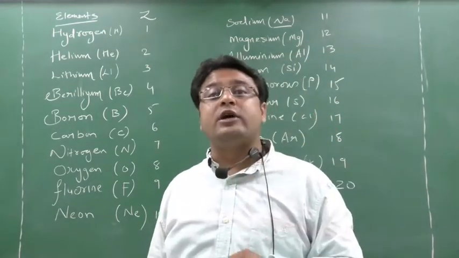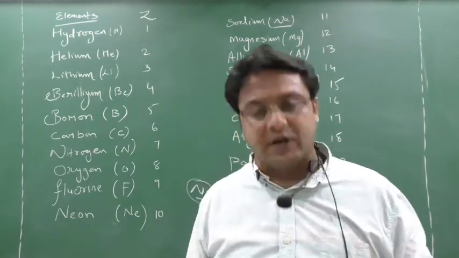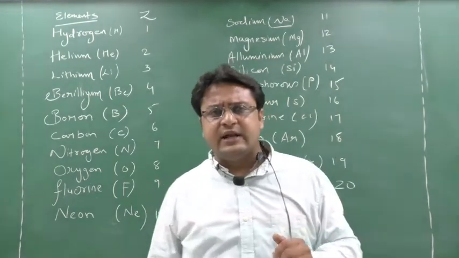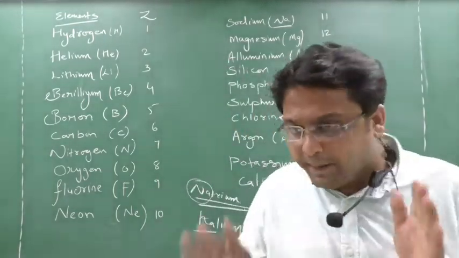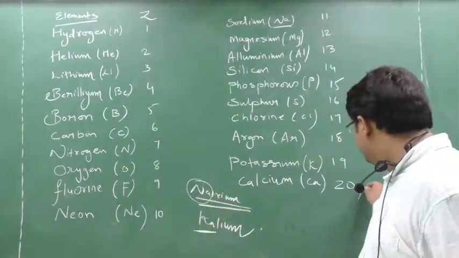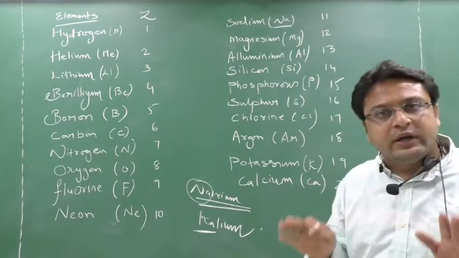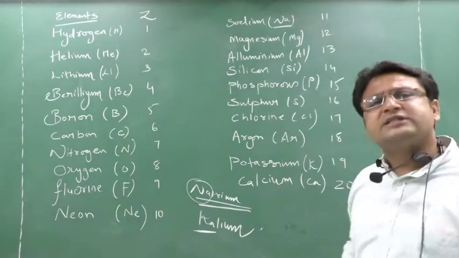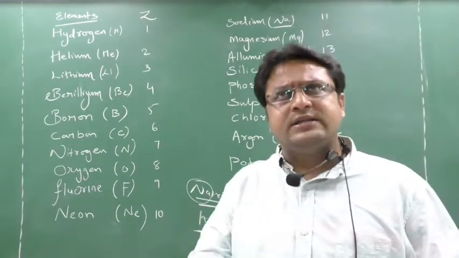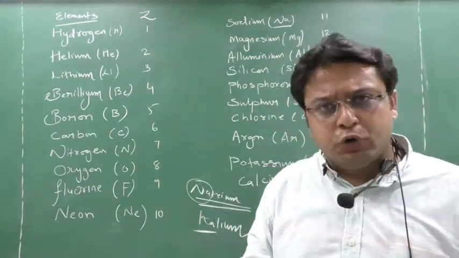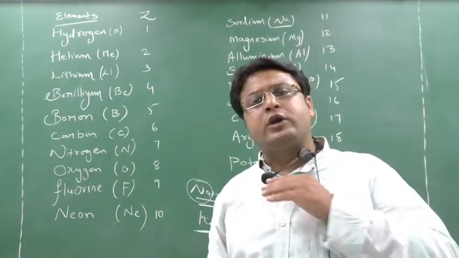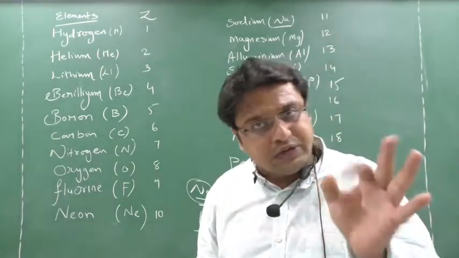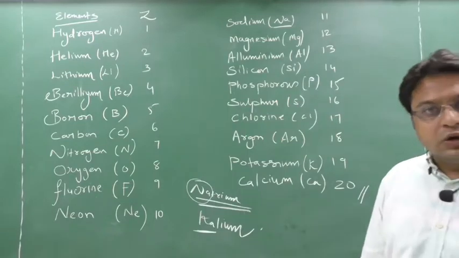Because the copper symbol has been taken from its Latin name, that is cuprum. So there are many other elements like that. We will discuss them in future classes, but up to 10 standard, only these 20 elements and their atomic numbers are needed. You cannot get any question beyond 20. Certain elements are there like copper, like zinc, like platinum. I will tell you what to do for that. You will have to memorize that. You can solve any question related to 10 standard. So this lecture is only for the 10 standard.